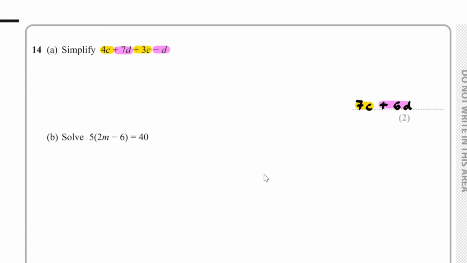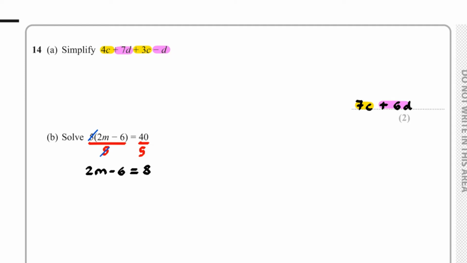So we have 7c plus 6d. For part B, we have to solve 5 multiplied by 2m subtract 6 equals 40. One way in which we could do this is to divide both sides by 5 to begin with. The reason for that is this and this would simplify to 1, leaving us with 2m subtract 6